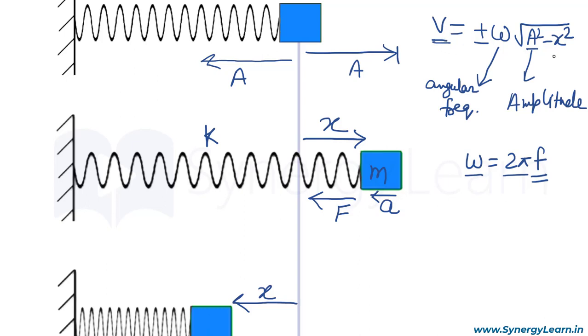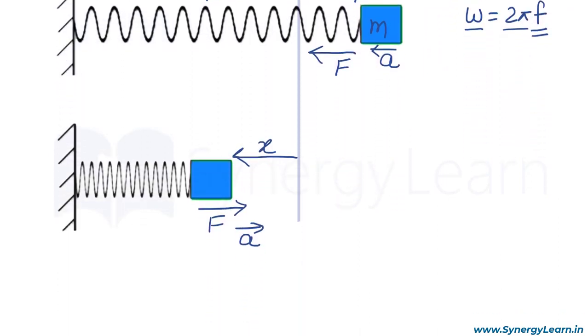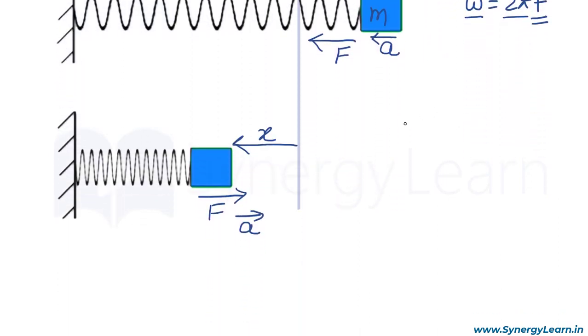When the expression for velocity is further integrated, we obtain the expression for displacement. The expression for displacement from mean position is given by A sin(omega t plus phi). The term A is amplitude. It is multiplied by a sine function, and sine can take a maximum value of 1, so the maximum displacement can be A.